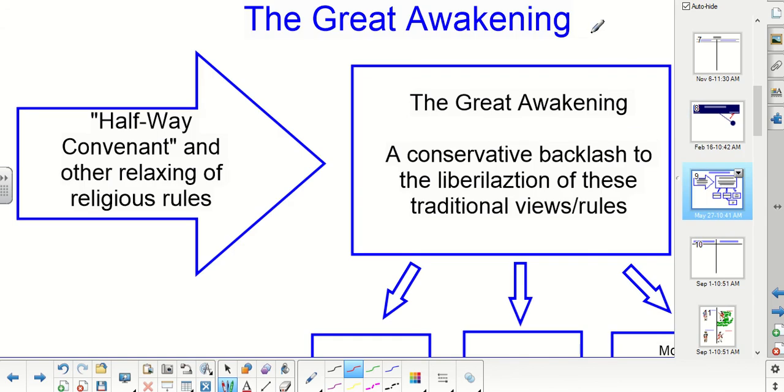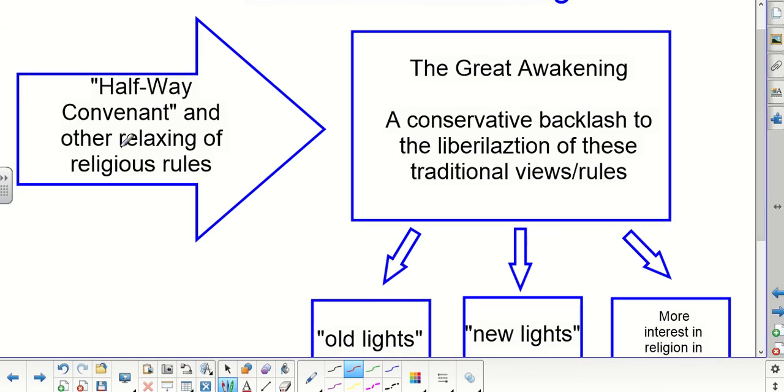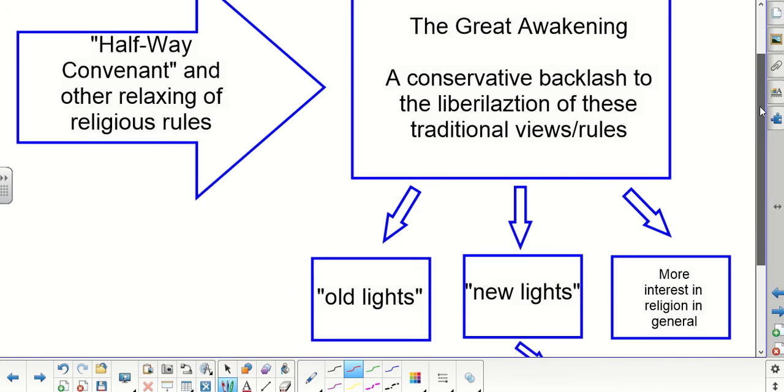But this Great Awakening is a big deal because, again, you have that halfway covenant. This is the liberal stuff going on that makes people go, oh my gosh, we've got to go back to the way things were. Now, out of that, we discovered new lights, which then labels all the people that stay the same old lights. You have, in general, far more interest in religion going on in the colonies at that time.